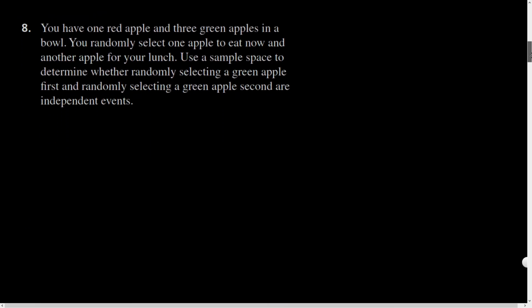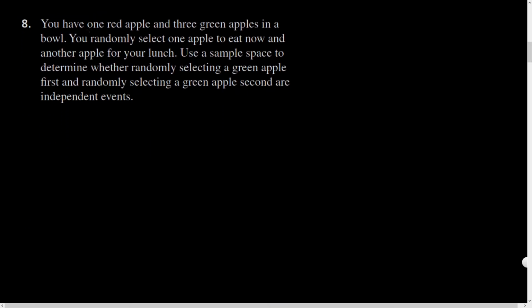All right, let's take a look at another one. You have 1 red apple and 3 green apples in a bowl. You randomly select 1 apple to eat now and another apple for your lunch. All right, and the key word is another. Use a sample space to determine whether randomly selecting a green apple first and randomly selecting a green apple second are independent events. And so a sample space could be like red, green,